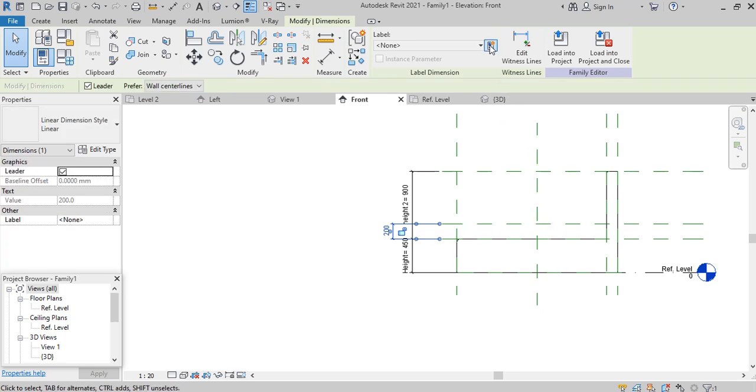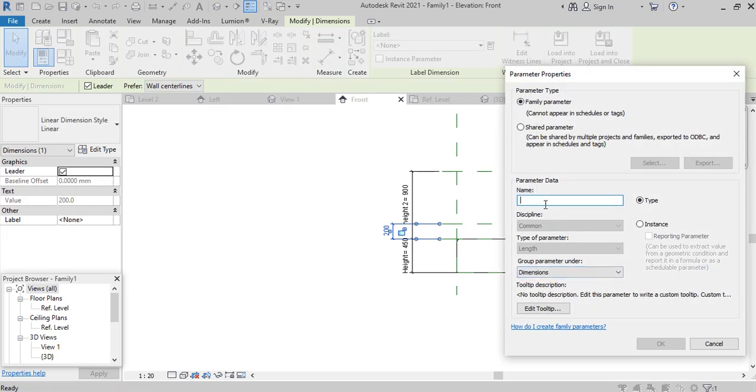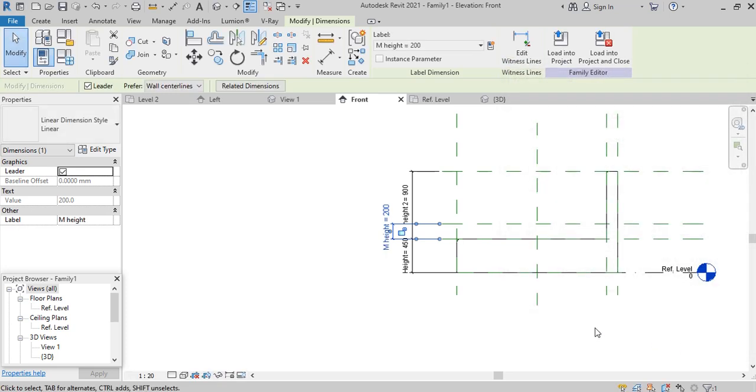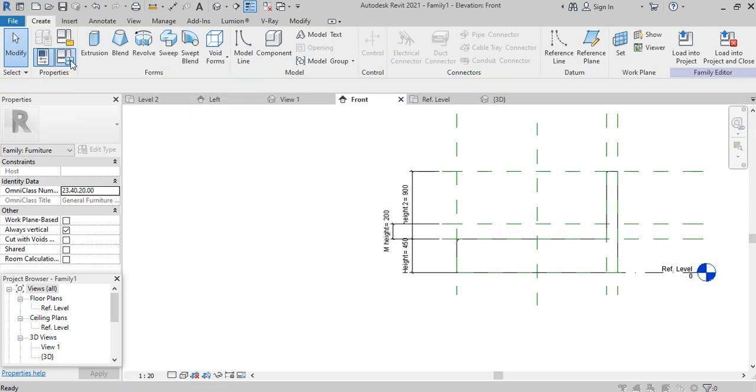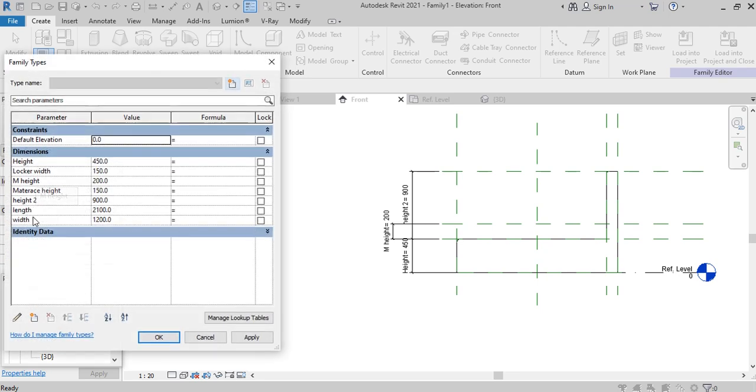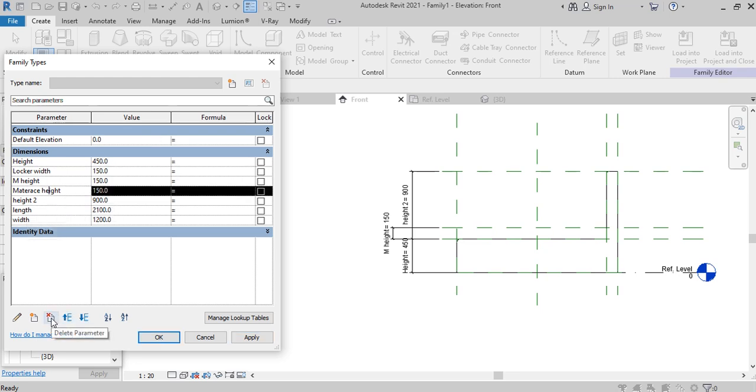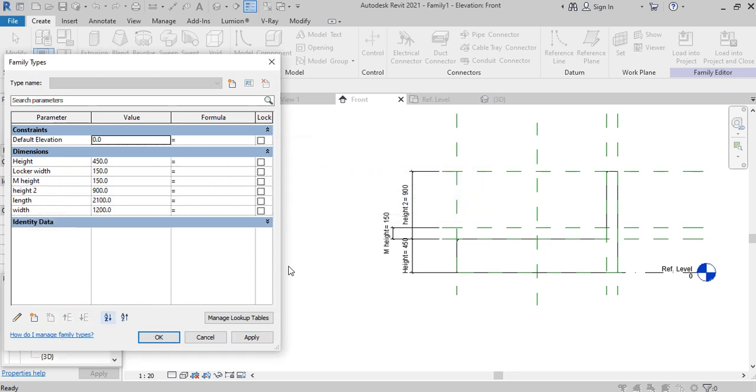So I go and set it up as M height this time, and you have to rename it M height, okay, and it's 200 millimeters. So I go back to family type and I look for M height, so turn it to 150 millimeters, click apply. So you could see it's working, but I can select this, and by selecting this, delete parameter, say yes, so that is gone and I have the M height as the correct one. So okay,